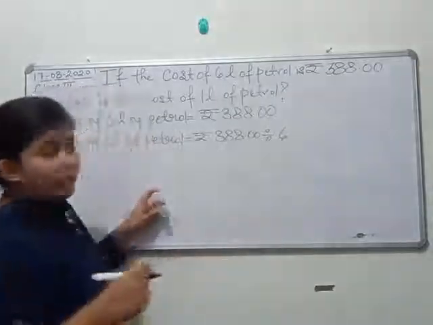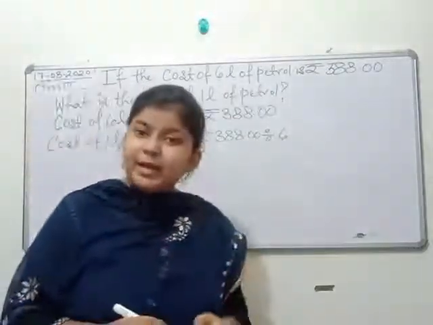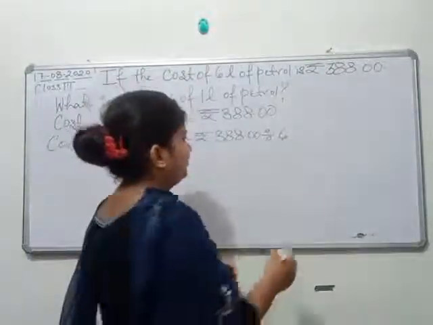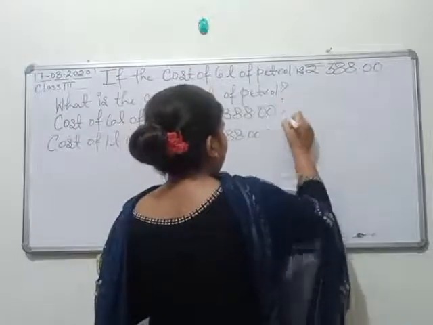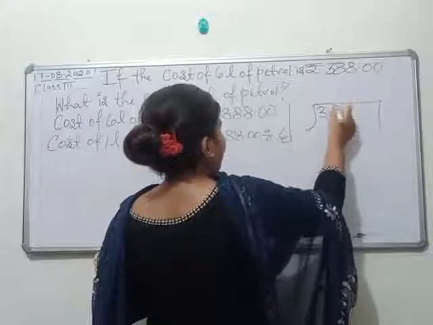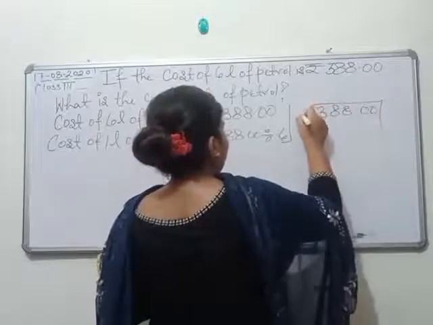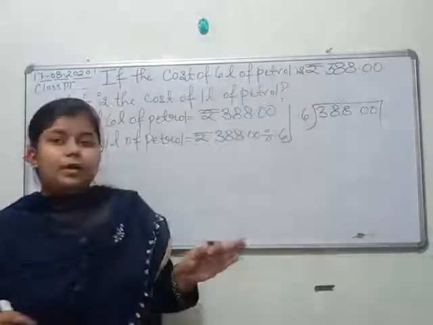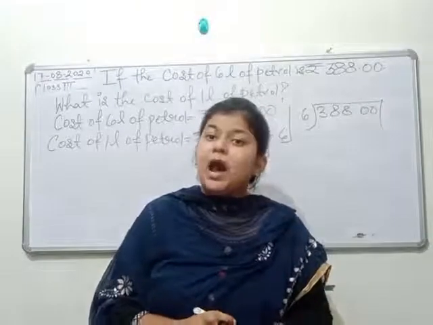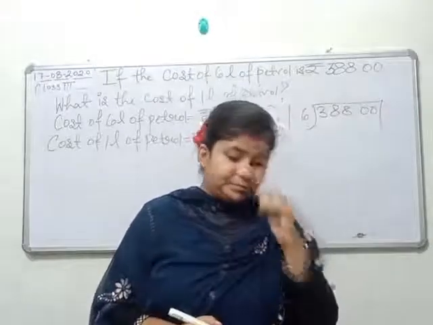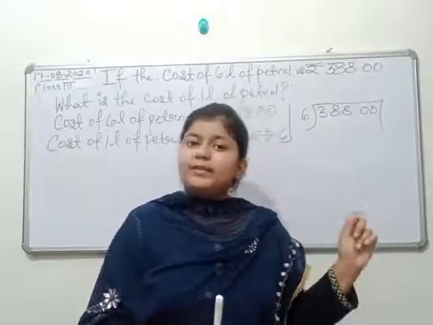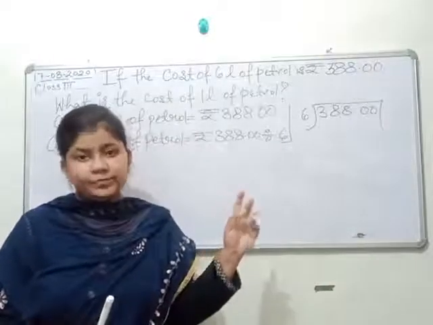Okay. Now what we have to do? Now here we have to divide. अब यहाँ पे हम क्या करेंगे? यहाँ पे हम here we will do the division. So I am taking this space also. 388.00 divided by 6. So what is the rule? Simple division. पहले आपने क्या कर लेना है? आपको simple division कर लेना है. ठीक है? After doing the simple division, what next you will do? आप जब simple division कर लोगे तो बस आपको right side से 2 place पे point लगा देना है. Okay? Do this.